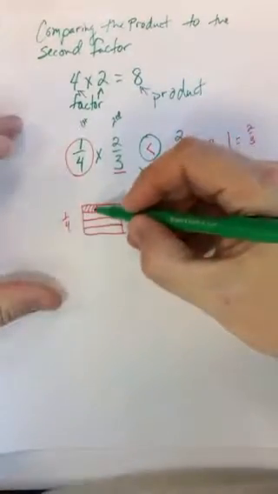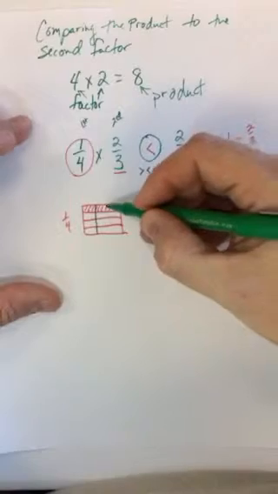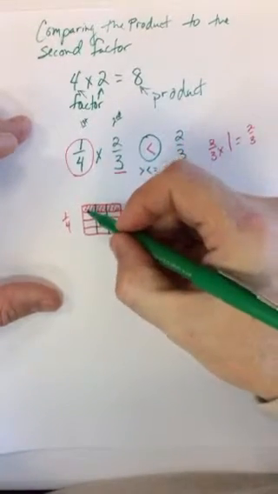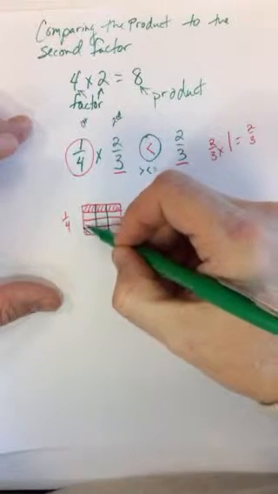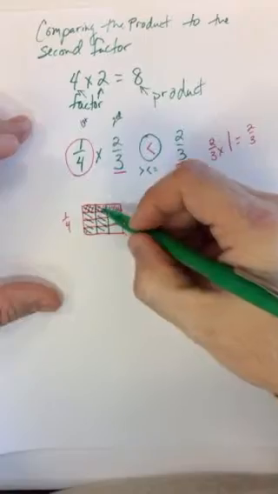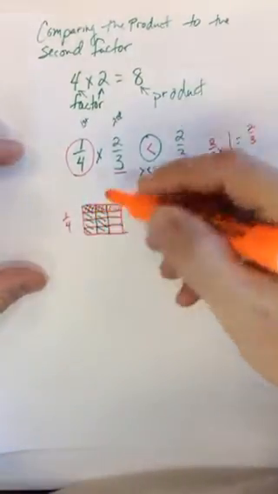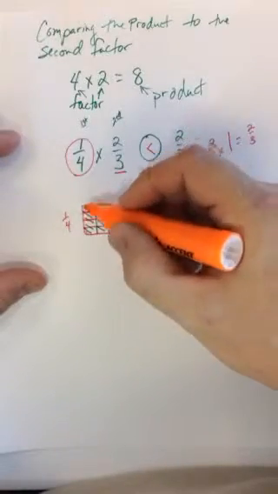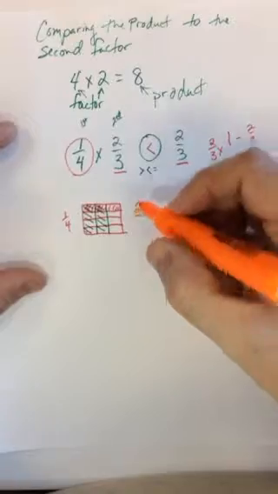On this side, I'm going to take 2/3. So I need to roughly divide these into thirds, and I'm going to shade in 2 of those. Again, I will look at what is shared between the two,